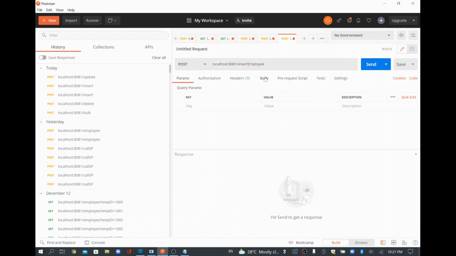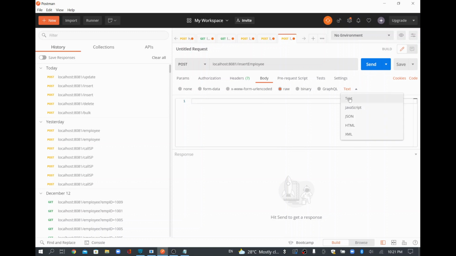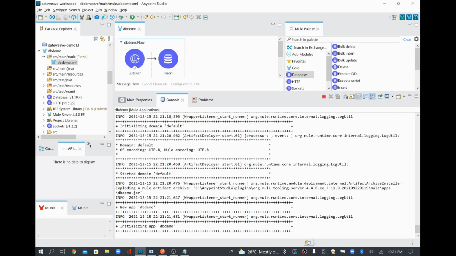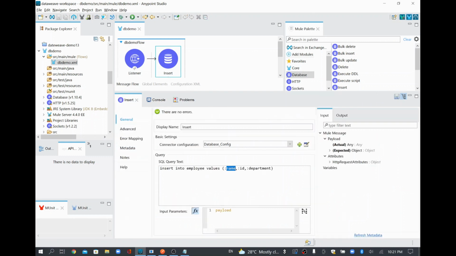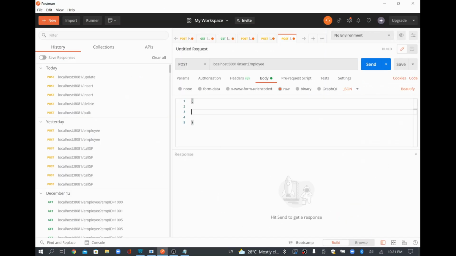And then I'm going to post the data. So it should be in your request body, and then raw data, then only you can fill something here, and then you select JSON. Here I'm going to fill some details with the same value which I passed in this query. So basically I have passed three different field names, which are name, ID, department. All are in small case. I'll just give that name.